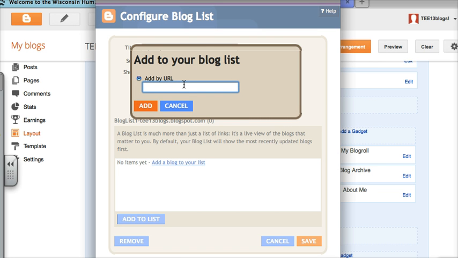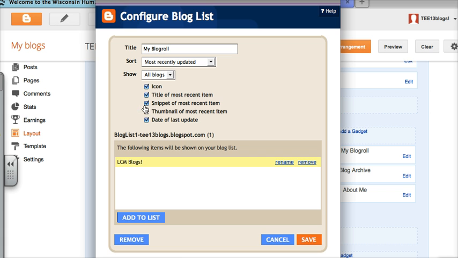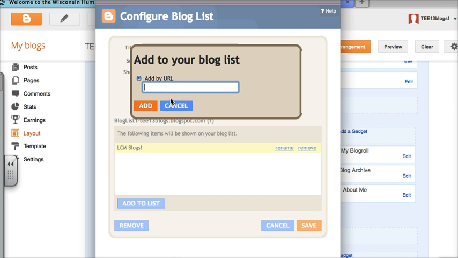I think I can do more than one at a time. So I've got a couple of URLs already set. Now the ending, the username will always be blogspot.com, and remember, you have to be exact, otherwise it's not going to work. So I'm going to copy and paste that because I know that won't change. I'm going to add that, and then I will add to the list a second one,